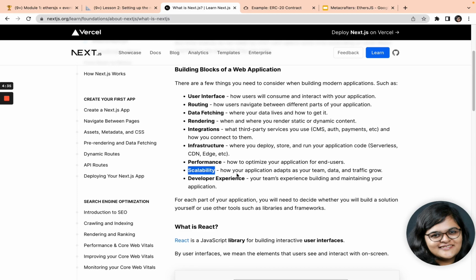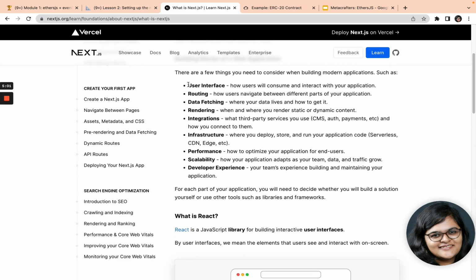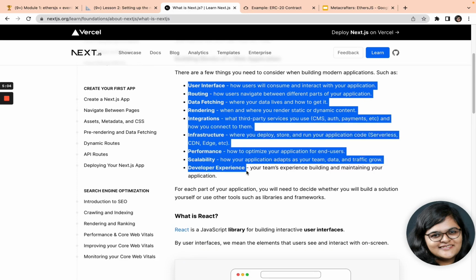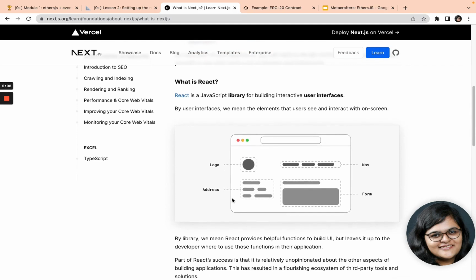Scalability, how does our application adapt as it grows to scale, right? As more and more users come, as more and more data comes into picture, as traffic grows, how do you adapt, right? Developer experience, one of the most important things, but sometimes very underrated, right? What is the experience in building this application as well as maintaining this application in long term, right? So for each part of these things that need to be considered by building an application, we will need certain plugins, interfaces